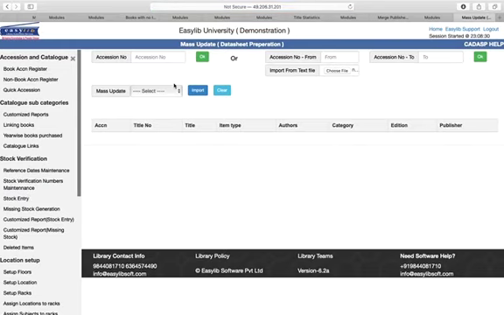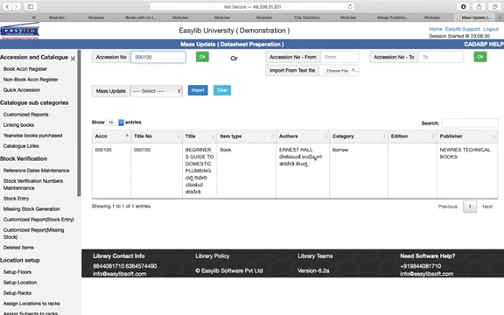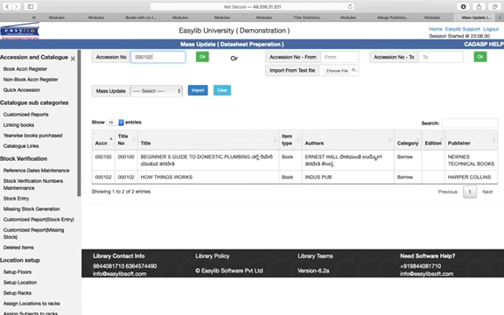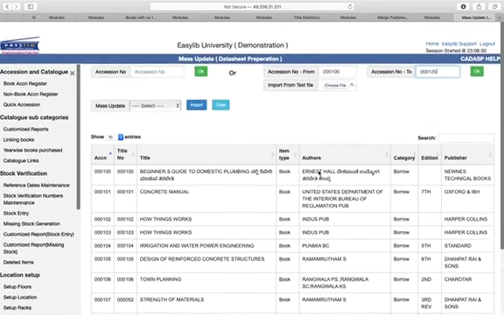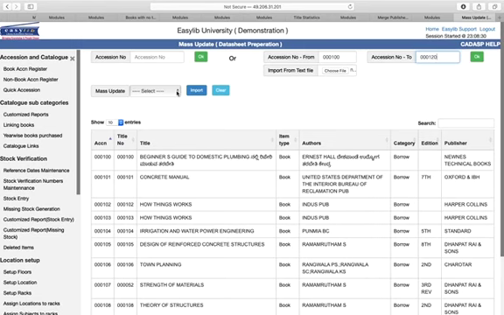So here I can type one accession number at a time or another one, or I can give a range. Okay, so all of these are now listed,